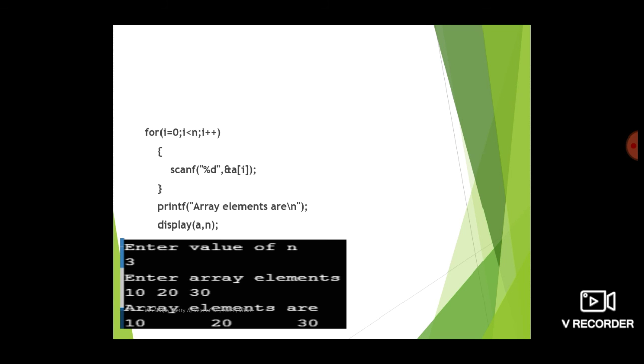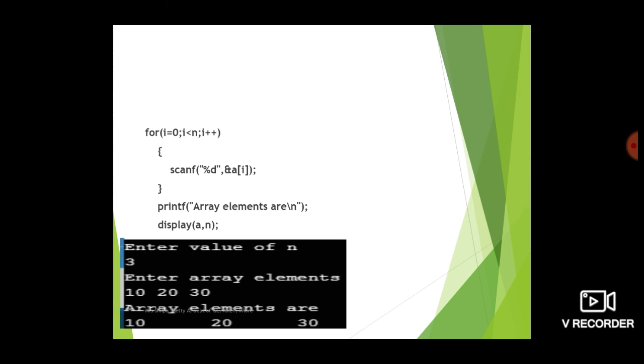So printf array elements are, so what we do is, here we are going to pass an array. The array elements are not displayed from the main, whereas it is displayed from the function. So we need to pass the array to the function as discussed. If you have to pass an array to the function, we need to pass only the name of the array. The name of the array is a here, so we are passing a. So the first parameter is the array, display a. Also along with that we are passing the size, that is nothing but n.